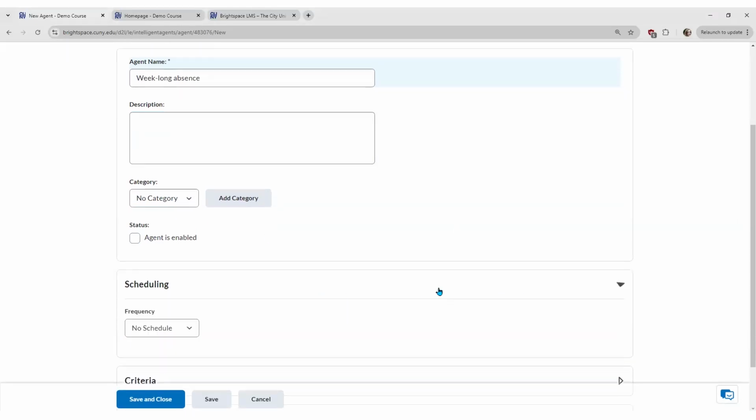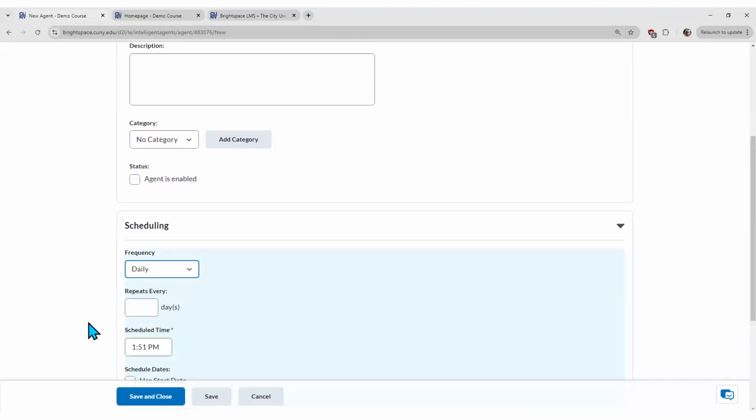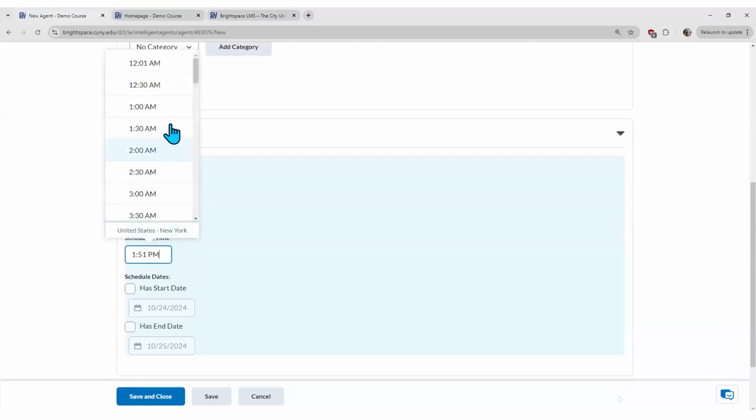So the first item I'm looking at is the scheduling. How do I want this agent to run? I have the option of a one-time run, or I can run it hourly, daily, weekly, monthly, or annually. We're trying to catch students that haven't been on for a week, so checking it every day would probably be the best way to get that information quickly. And I'll have it repeat every day, maybe at